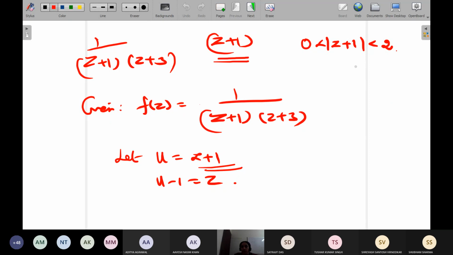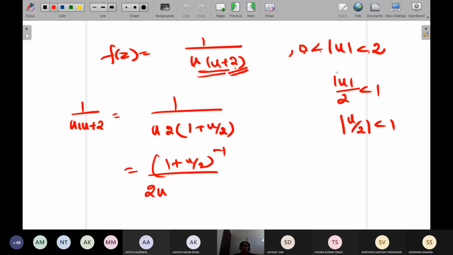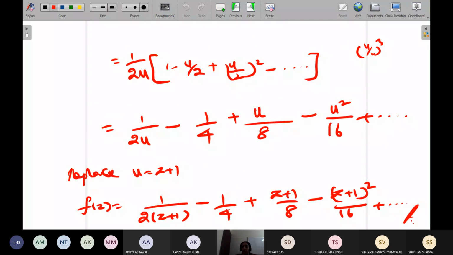Because you have to expand in powers of z plus 1, you can directly retain the z plus 1. You can expand this as z plus 1 plus 1 and do it, but that will be a little bit of confusion. So it is better to always substitute some variable, make it in a simpler form, and then replace back. If you don't replace back, your answer is wrong. Understood, ma'am.